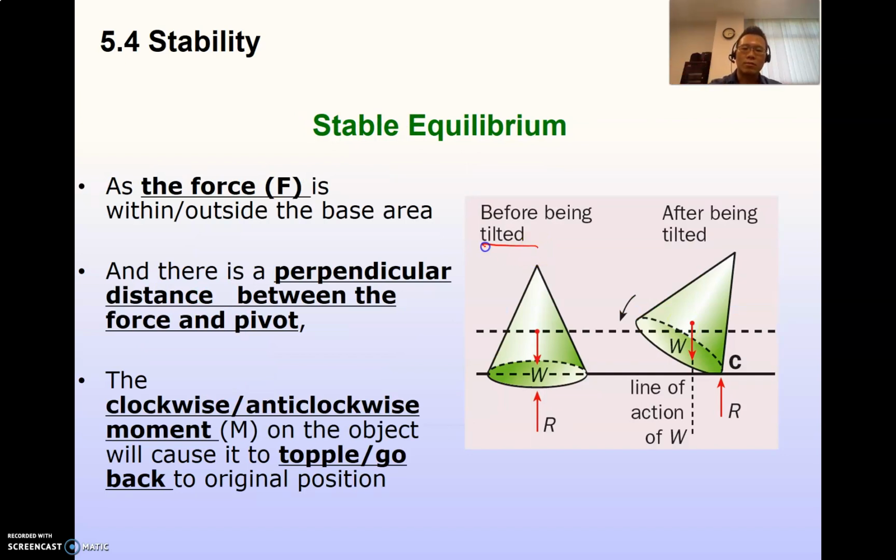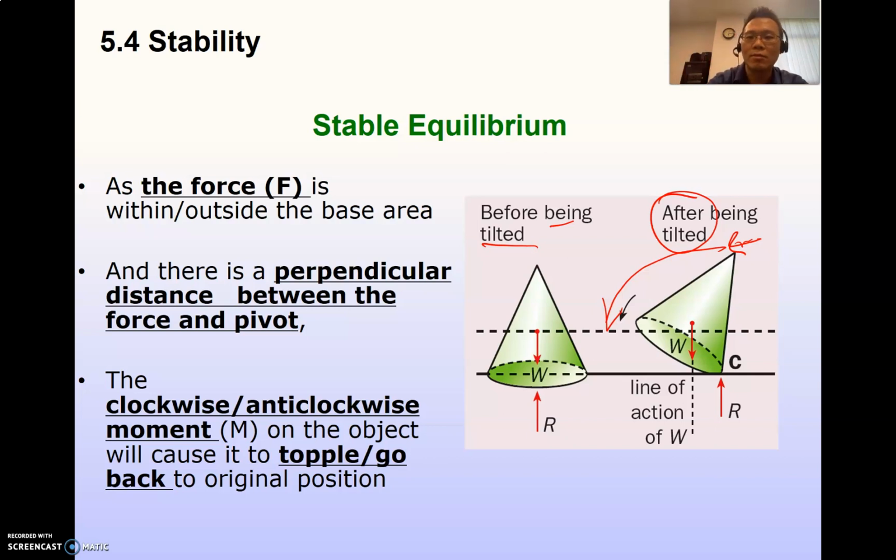Okay, we'll look at the first situation, stable equilibrium. Before I tilt, and after I tilt. By logic or by common sense, you'll find that when I tilt this particular cone, it will fall back and return to its original position. That's what we mean by common sense. But how do I explain it in terms of physics? How do I write it up such that students can actually score the marks given in O-level, to convey the same understanding? The explanation, what I did was I structured it in terms of the concept of moments,